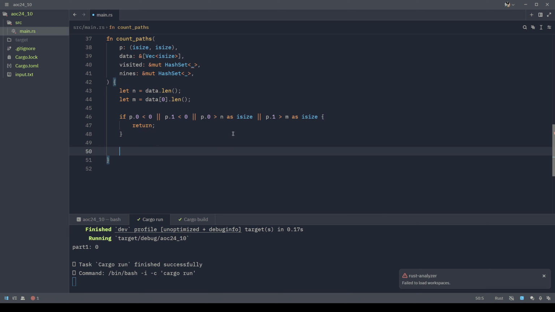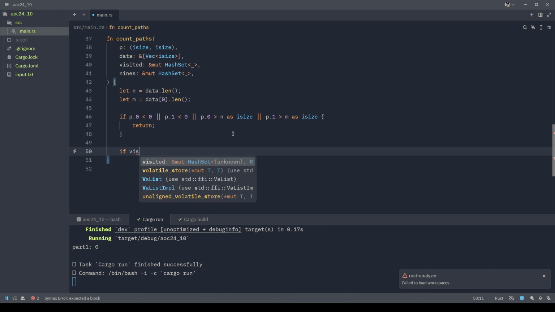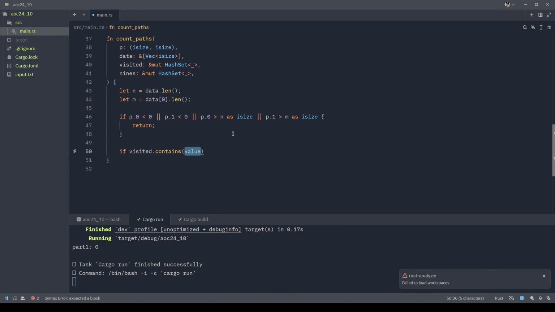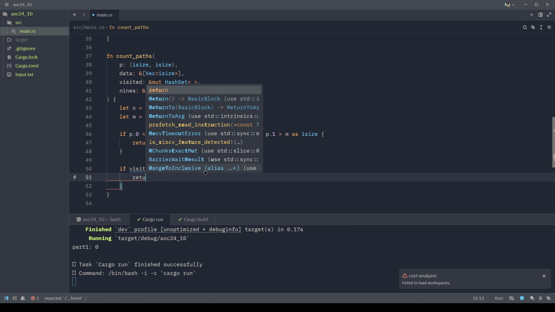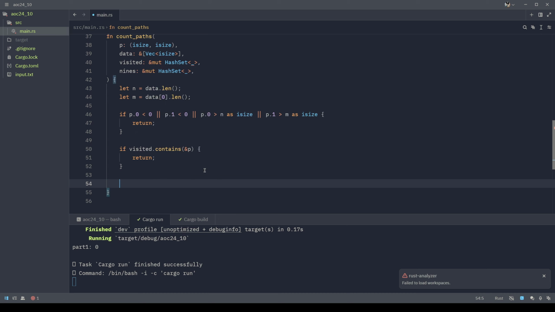Then we want to see if we have already visited this one. This point, maybe no, it's better to have it that way. Then we also need to return,